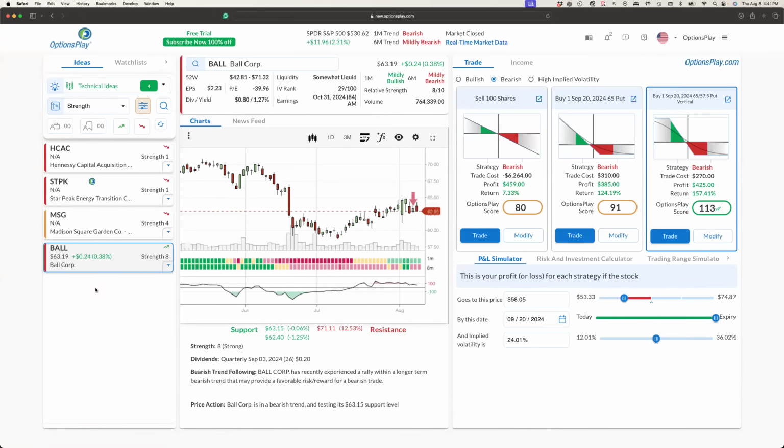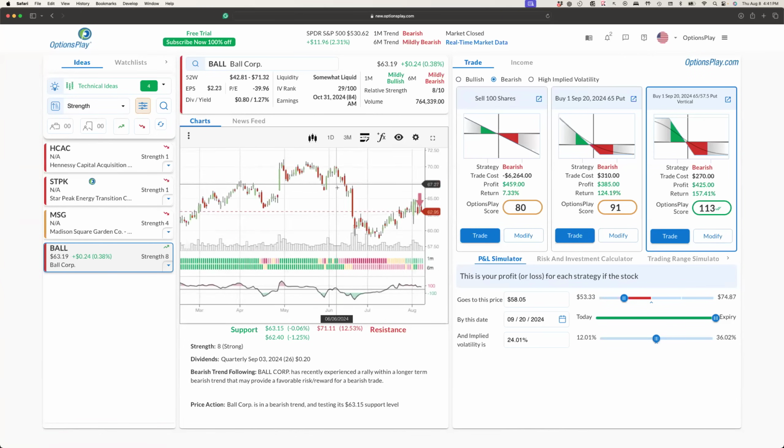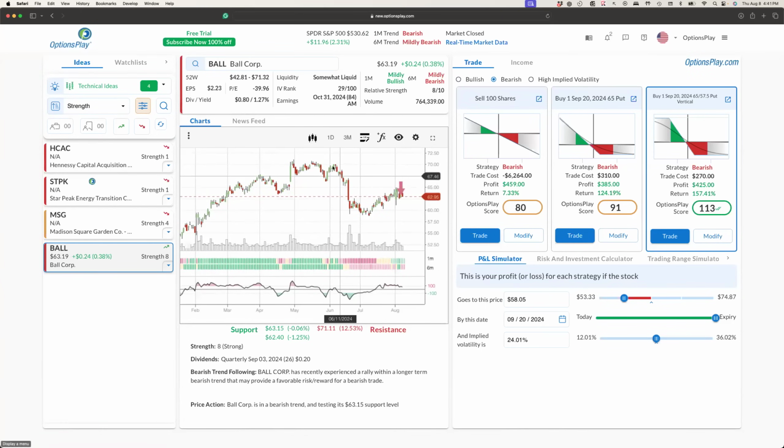But Ball Corp is an example of this, right? This is a stock that recently turned bearish in terms of trends, right? Declined from $70 to $60, rallied back up to 65. And that is your potential opportunity to seek a bearish exposure here